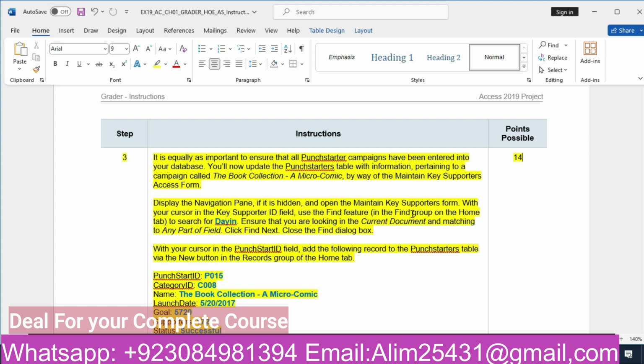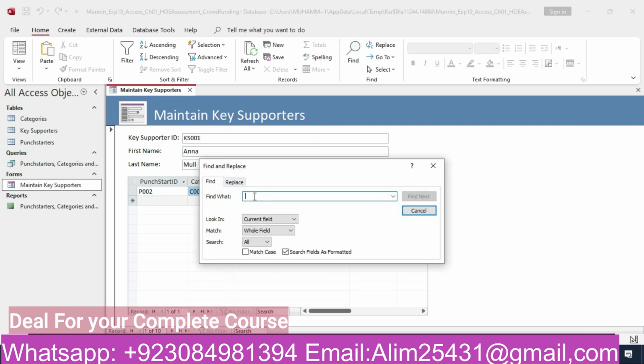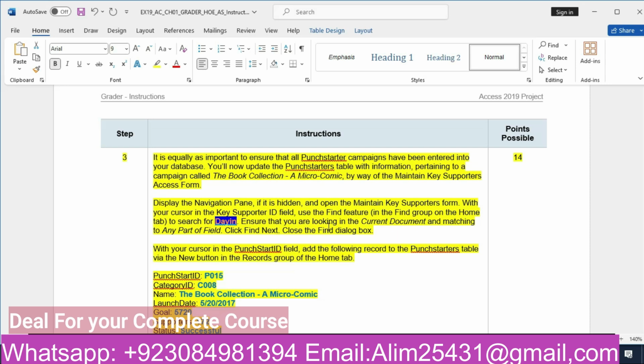Use the find feature on the home tab to search Dyn. So we will copy Dyn, Control C, and we will go to the find. Here we will put Dyn, and then ensure that you are looking in the current document and matching any part of the field.